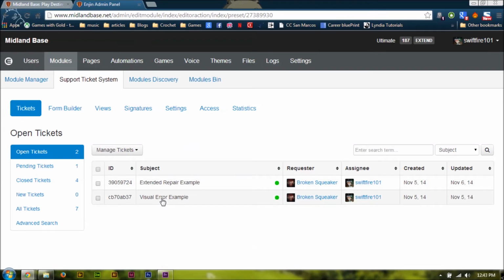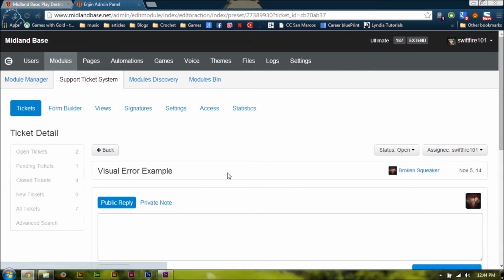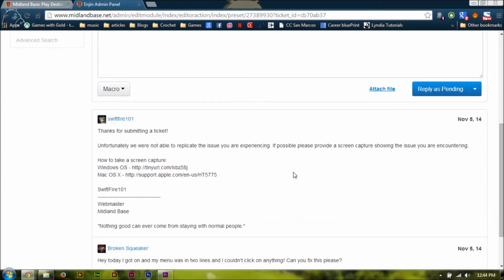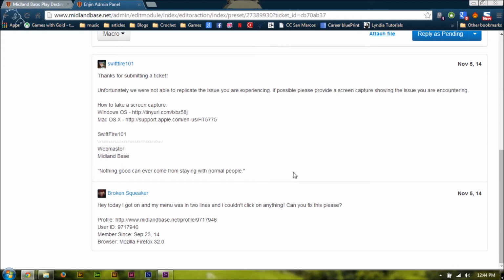I also did a visual error, so with all the updates that are going to be coming out, hopefully soonish, I know I've been saying that for like a year, I'll show you. So this is like if I update the header and then one of our users is using, I don't know, Opera 2 or something super antiquated, and they're like, man, something's wrong. I know you worked on the header and now I can't really use it or click on anything, or maybe it's in 2 lines. You know, they'll send us a ticket